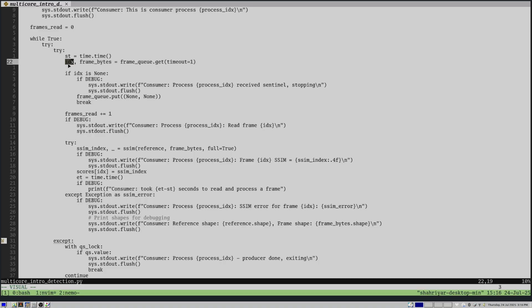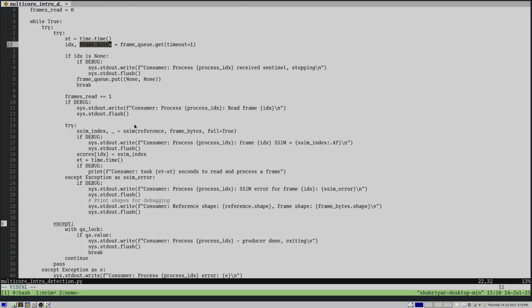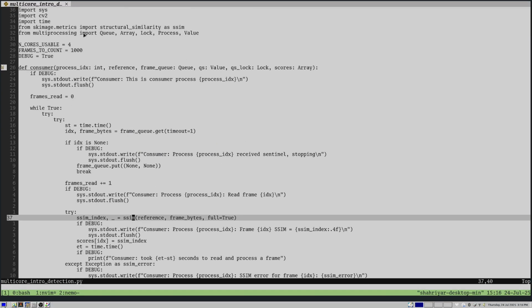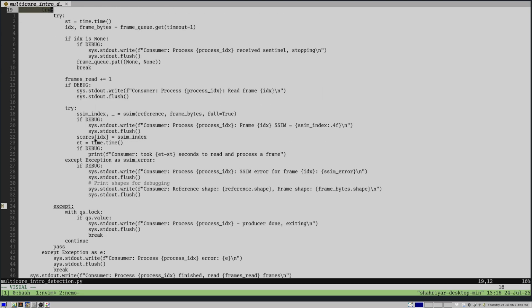It'll get an index for which frame it is, and then the actual image, and then I can pass that to this function, which I get from this scikit-image library, and then I can put the calculated index